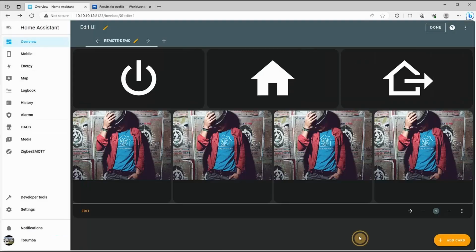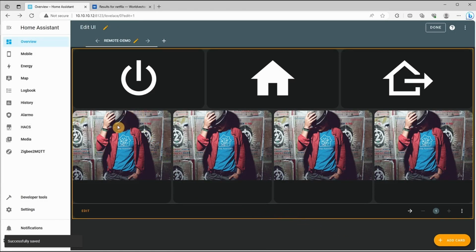And then let's click save. And as we can see, we've got 4 different pictures underneath. So the next thing we need to do is source our images for our logos to represent what service we